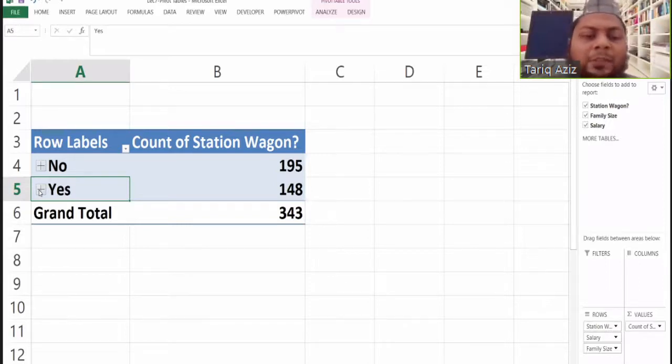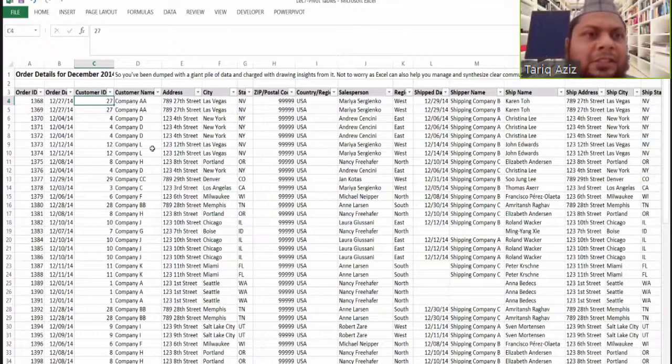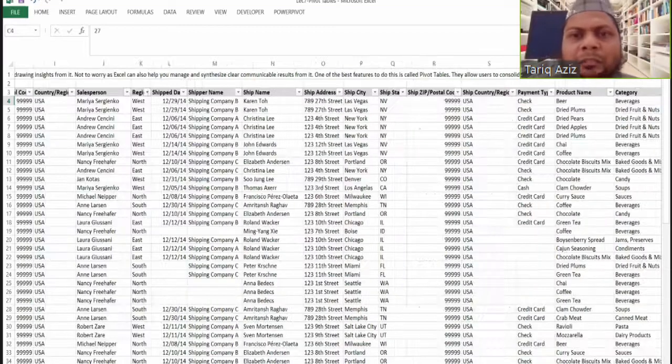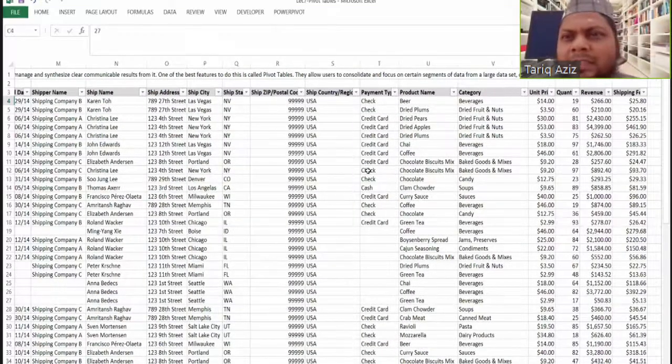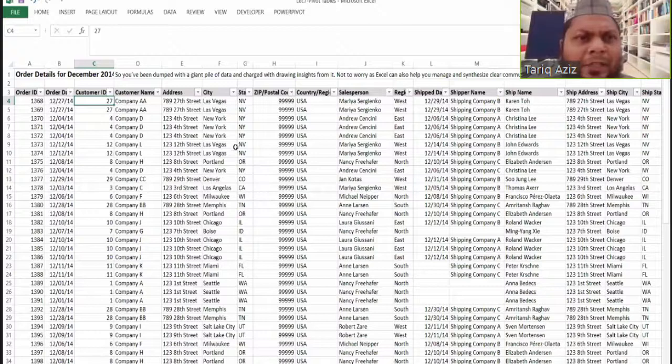So what I expect from you is that the file I have shared with you, kindly open it on your laptops and try to play with the data I have provided. Say, for example, another sheet is there in the same file where salesperson, country, and things like that are given. So if I ask you to prepare a table salesperson wise or country wise or city wise, you must be able to prepare that kind of table also.